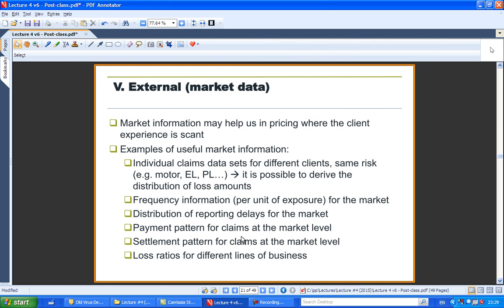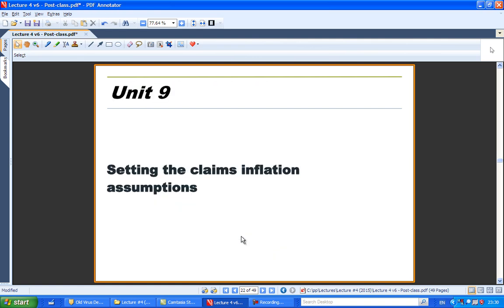Whereas if you look at the whole industry or the whole of our portfolio of clients, then data is much bigger and more statistically significant, and maybe we are better off using that rather than the information from a given client. I would stop here with